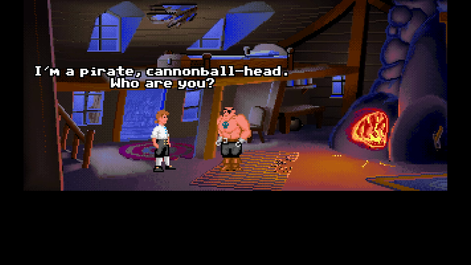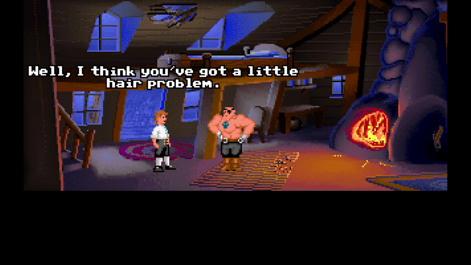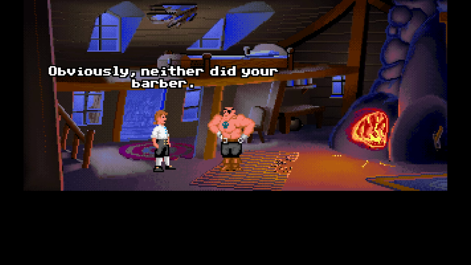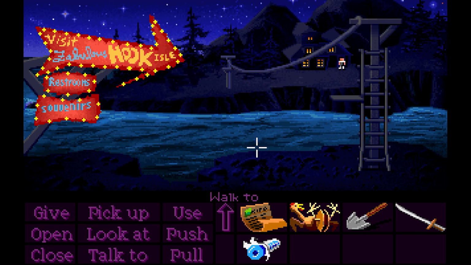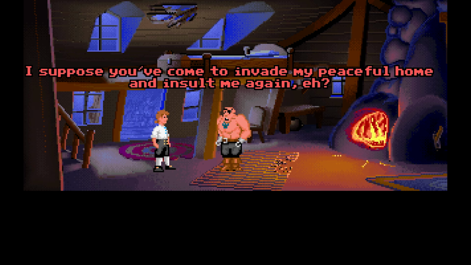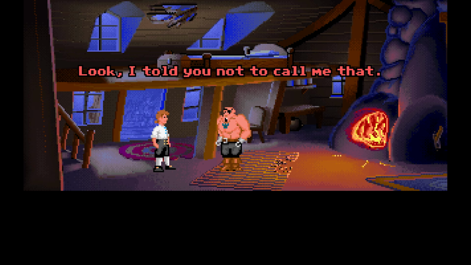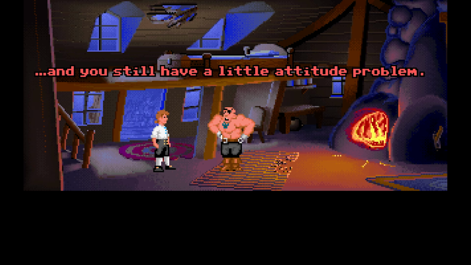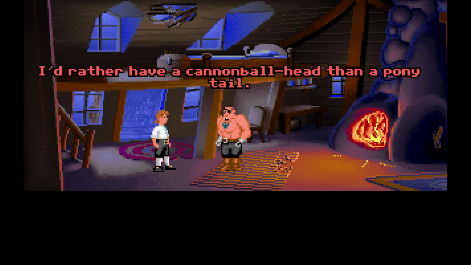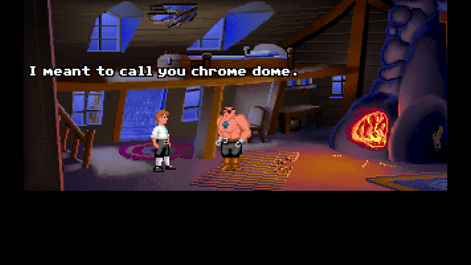I'm a pirate, Cannonball Head. Who are you? My name's Meat Hook, and I think you've got a little attitude problem. Well, I think you've got a little hair problem. Jeez, you just don't know when to quit, do you? Obviously, neither did your barber. Why, you... I suppose you've come to invade my peaceful home and insult me again, eh? What was your name again, Cannonball Head? Look, I told you not to call me that. My name's Meat Hook, and you still have a little attitude problem. I'm sorry, I didn't mean to call you Cannonball Head. That's okay. I'd rather have a cannonball head than a ponytail. Ha ha ha ha ha ha! I meant to call you Chrome Dome. Why, you...